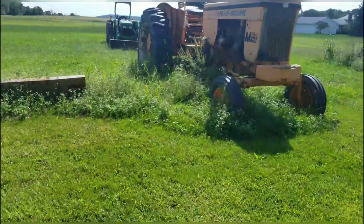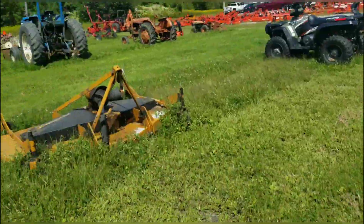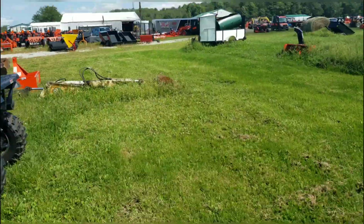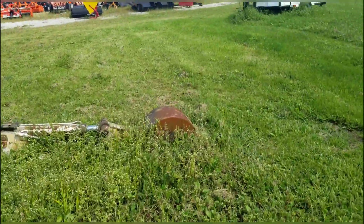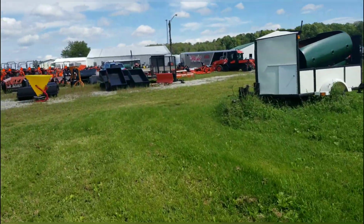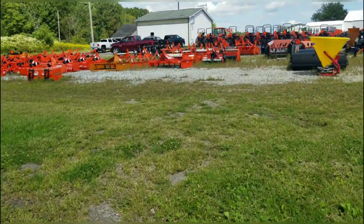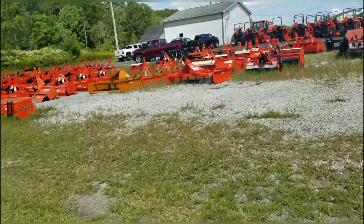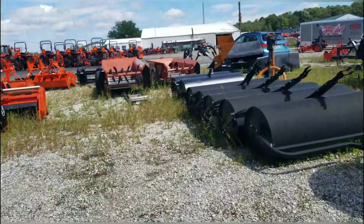Everything else around here, got a case loader over there. It just looks like stuff that's left over from the sales, and a bunch of new stuff. You know, anybody that's ever sold cars or anything, really, make your money selling used stuff, not new stuff. New stuff has prices set on it already. No room for...